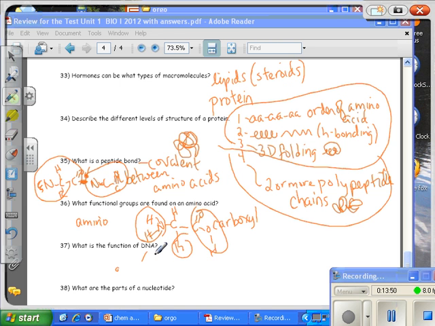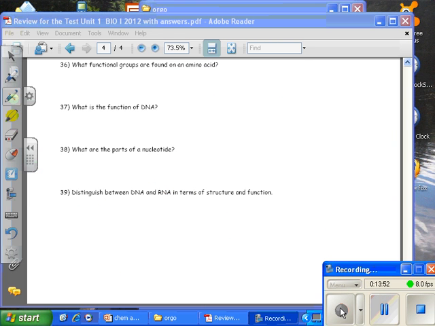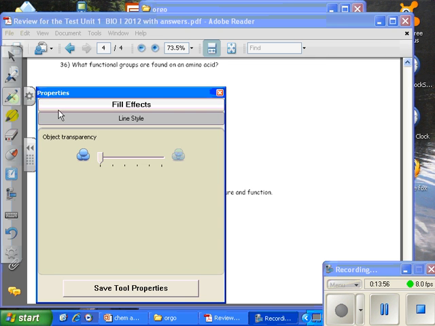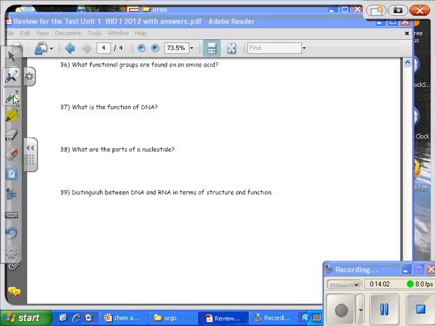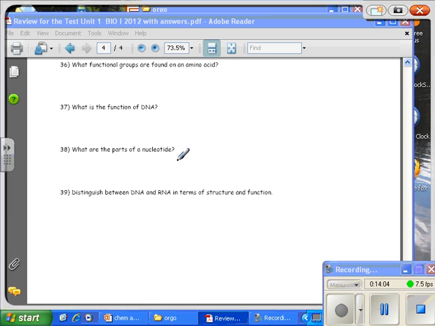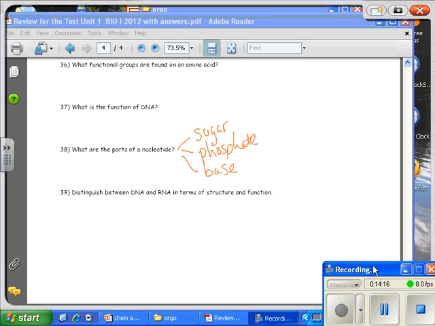Uh-oh, my thing's not writing anymore. Okay, so the parts of a nucleotide. Okay, so there's a sugar, a phosphate, and a base. And I actually thought I could get this all done, but